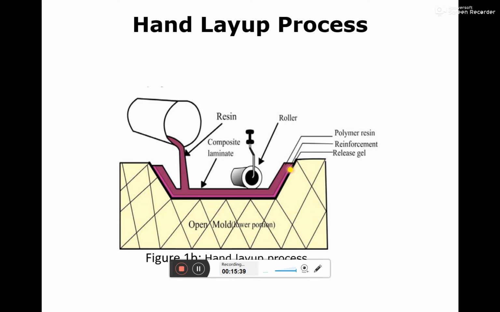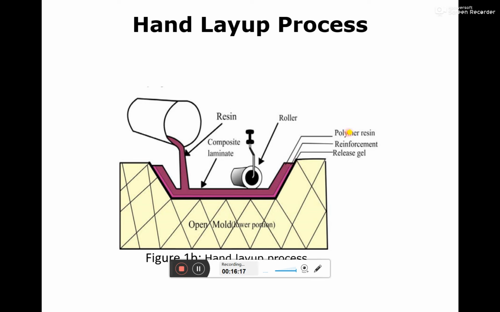The part shaded with the pink color in this diagram is the fiber reinforcement, which we can use as natural fibers or synthetic fibers. Synthetic fibers means glass fibers, carbon fibers, or aramid fibers. Natural fibers means extracts from natural resources like plant extracts or fruit extracts, banana fibers, pineapple fibers. Those come under natural fibers. After placing this